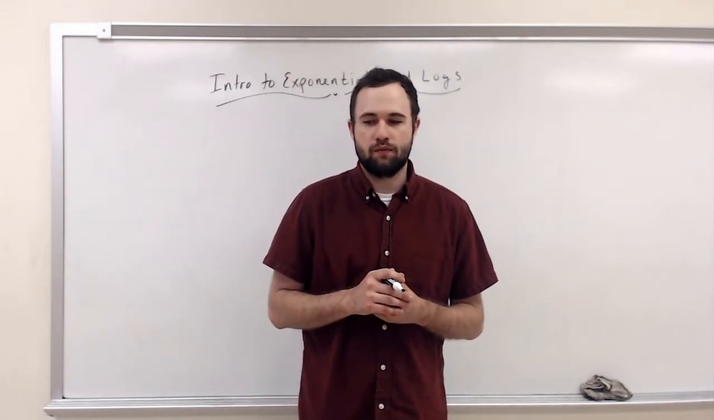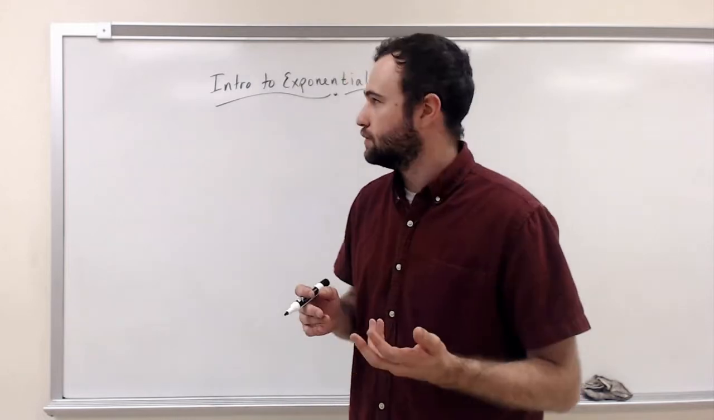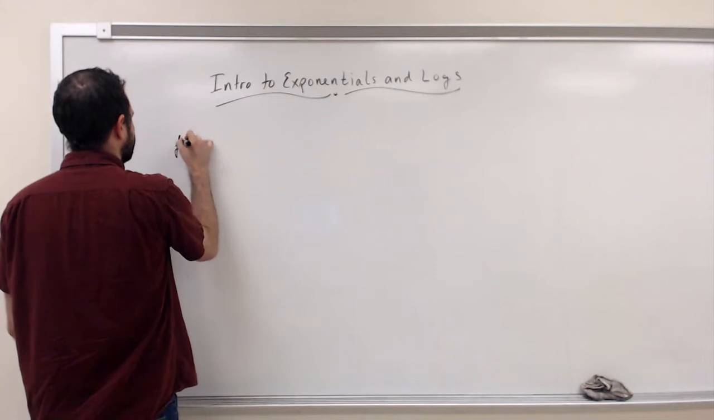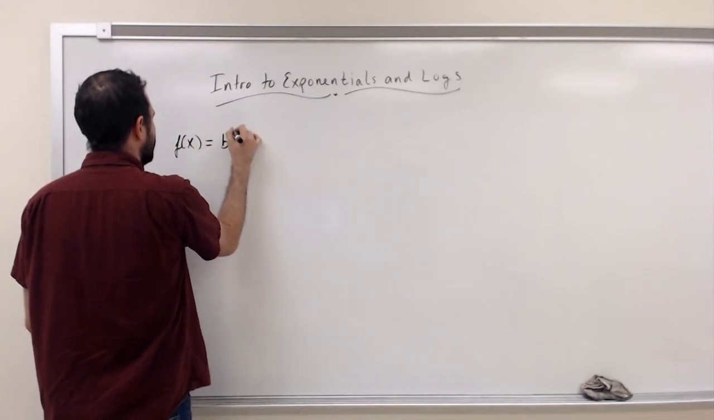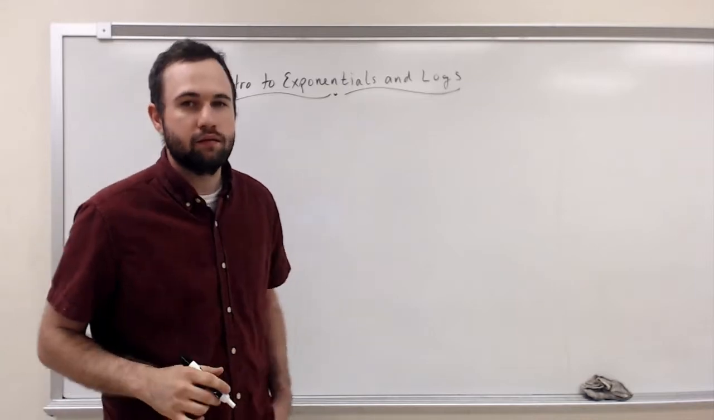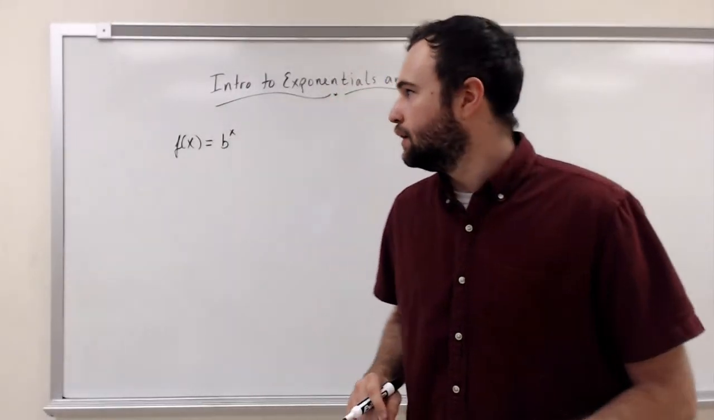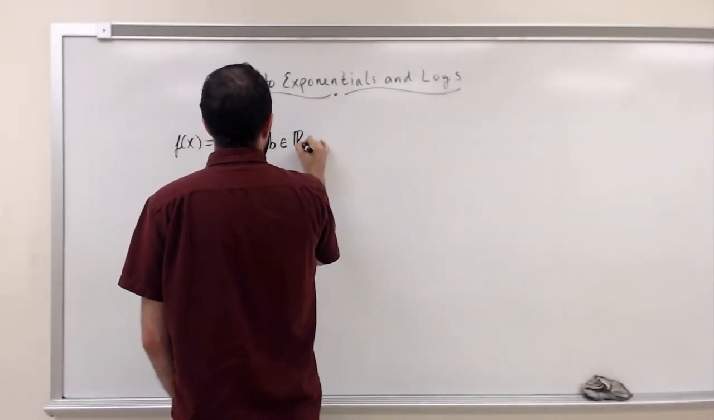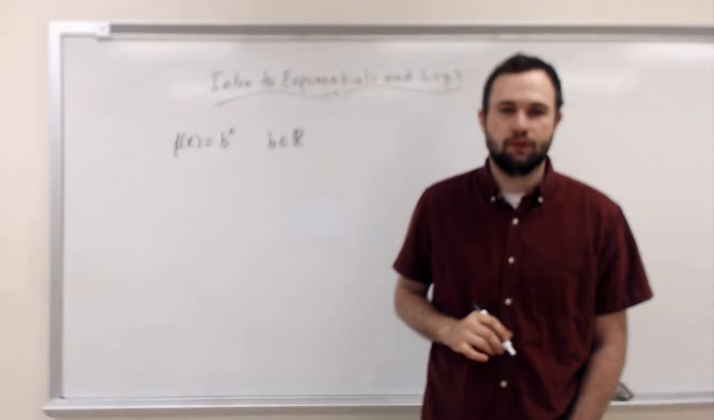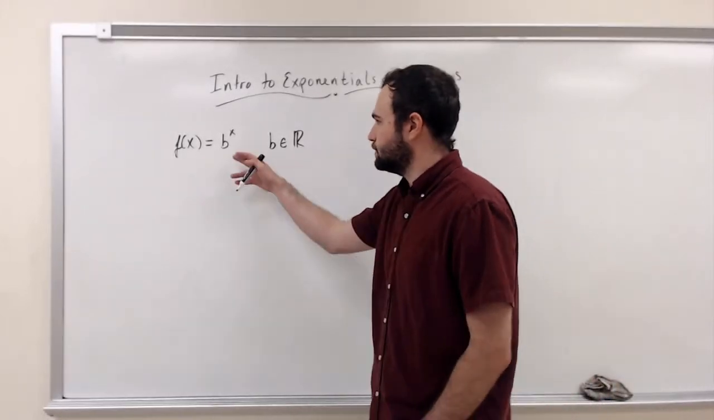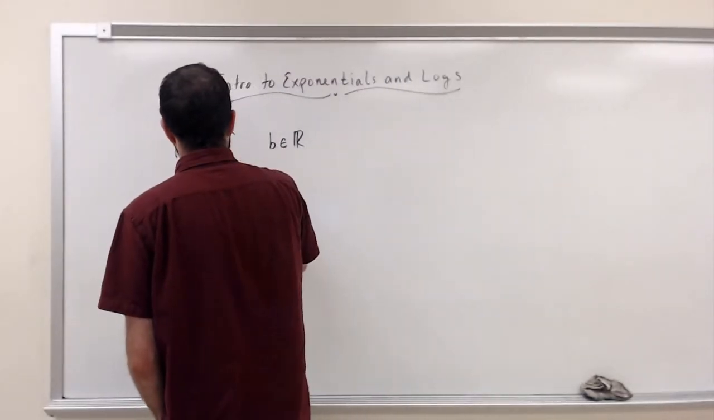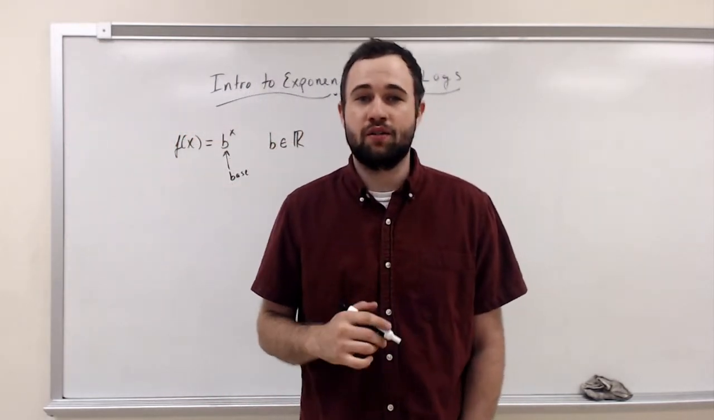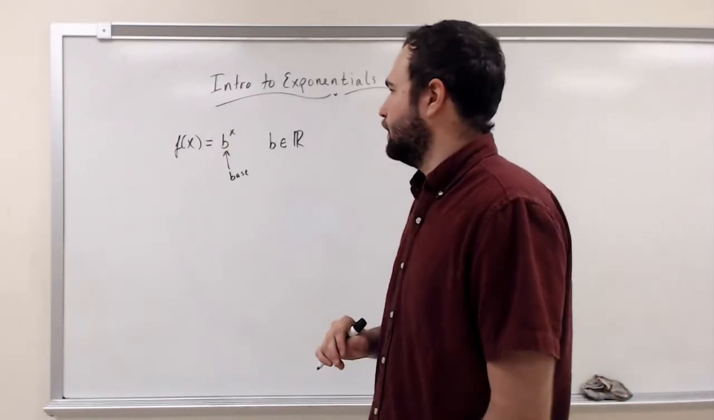So what is the exponential function? Well, to define the exponential, we say f of x equals b to the x. And we call that the standard exponential function. We let b here can be any real number. Okay, so this is b for base. This is the base here. B can be any real number, and it actually matters what that real number is in terms of what the